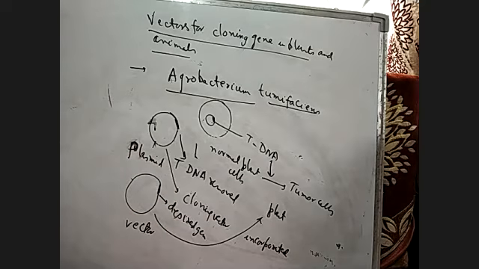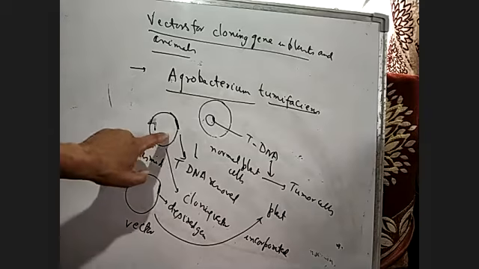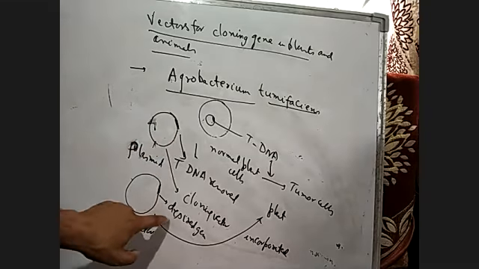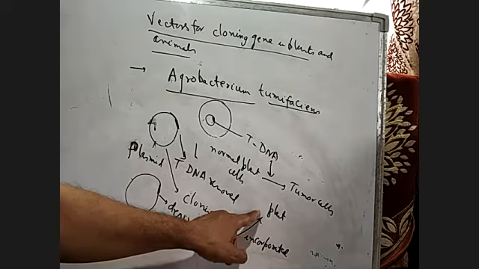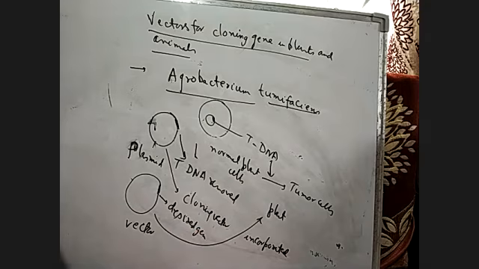Suppose we want to reduce the size of the seed in the fruit of a plant. So we have to introduce a desired gene to reduce the size of the seed. The Agrobacterium tumefaciens plasmid, which contains the tDNA, is used. The tDNA will be removed, and in place of the tDNA in the plasmid, we bind the desired gene, and we allow the vector to enter the plant cell, and whatever desired character we want, we'll get. This is called a vector for cloning gene in plants.